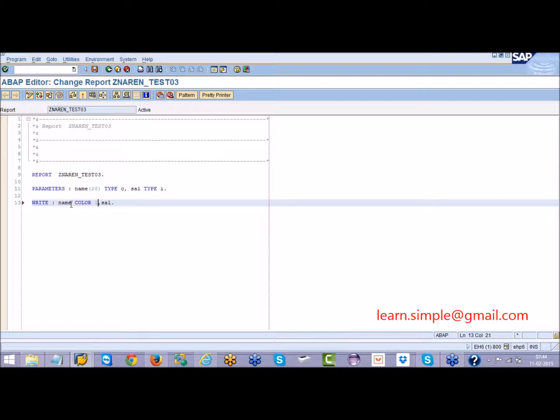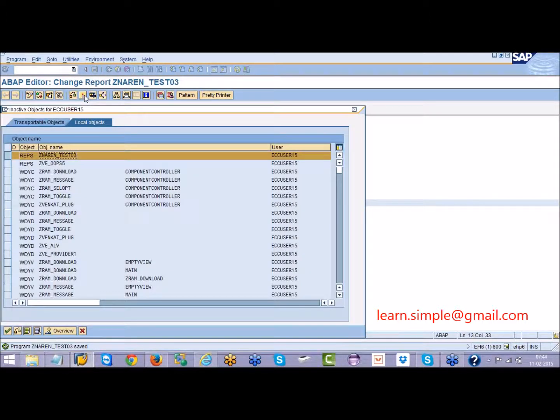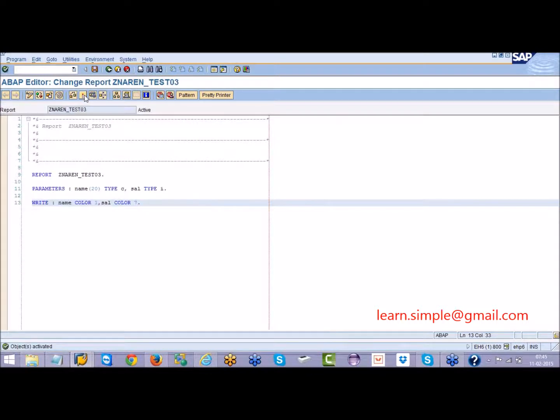I don't remember which number gives which color, but color 1 maybe yellow, color 2 maybe orange, color 3 red or something like that. From 1 to 7 there are different colors. So I will give name color 1 and salary color 7. Now you can see how it appears. Save, check, activate and execute.